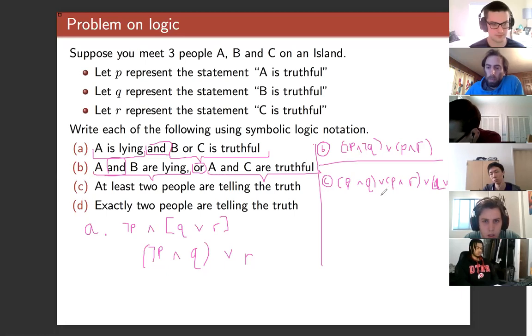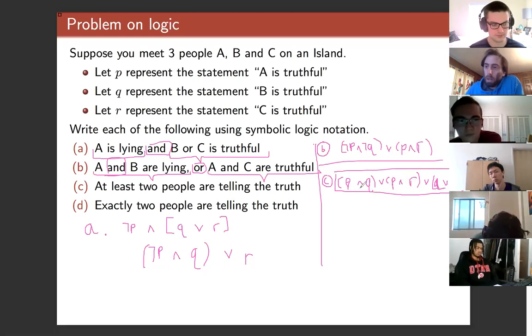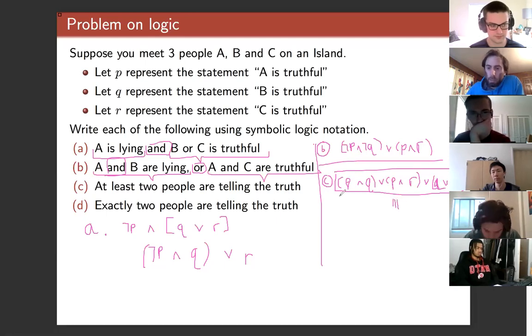So this is one statement, and if this statement is true, then at least one pair of people, one pair of two people, is truthful. Now, it could be that three people are truthful, but we only needed to make a statement that was logically equivalent to at least two people being truthful. So if we want to be really, really rigorous, then in our mind, what we should do is show that this statement here is logically equivalent to the, actually, that's going to be confusing,